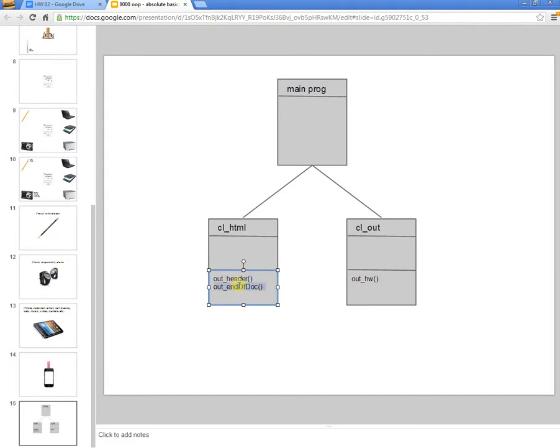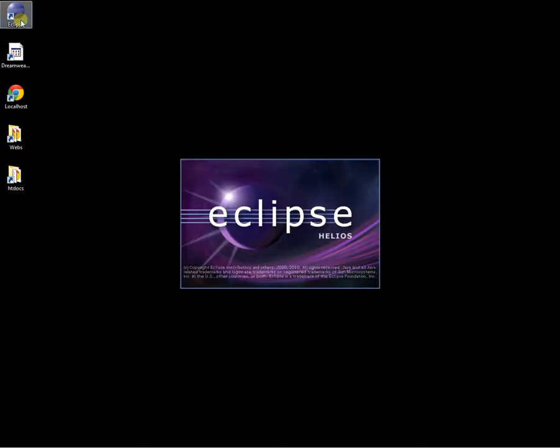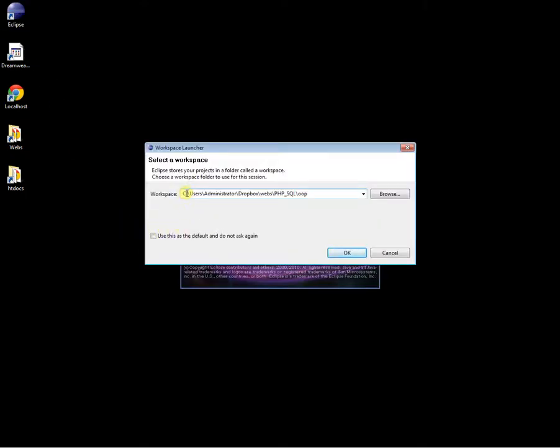Okay? So what we're going to do is we're going to start with a blank screen, and I'm going to walk you through a very basic hello world function, or hello world object oriented programming example. So I'm going to open Eclipse, and again, when you're opening Eclipse, you want to point to your local workspace. You should have a webs folder. Yours will look different than mine. Yours will be like Z webs or something, and then of course webs is where you look at my webs,